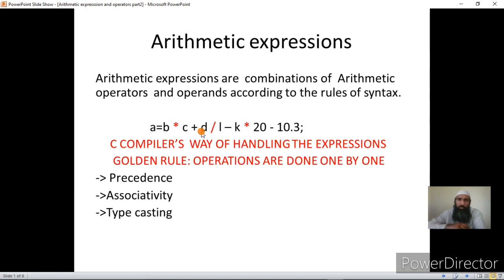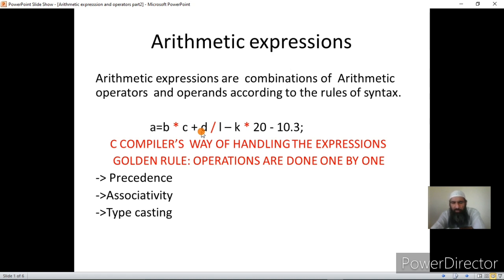Now these rules, precedence and associativity, are fixed for the operators, they cannot be changed. But so far as precedence is concerned, we can break the precedence rule by using parentheses. This I have explained in the previous lecture. Now the associativity rule cannot be broken. There is no way out of it.